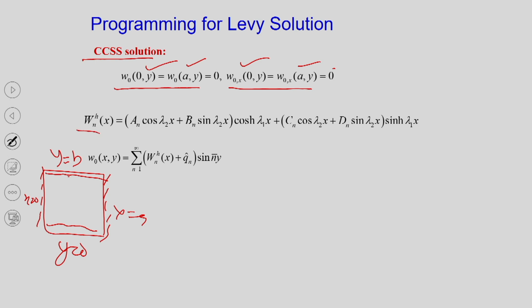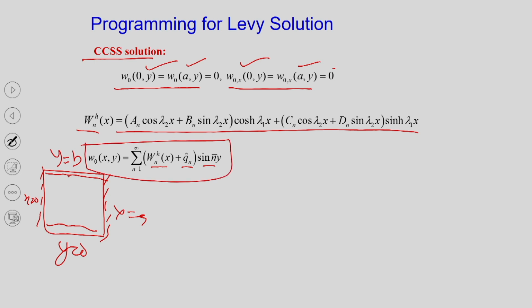And for your homogeneous solution, the most typical case is when it is a complex conjugate. For a real system it is very simple, but when our roots are in complex conjugate form, then it is a difficult one. So for that case, the homogeneous solution can be written as this, and qn at sin n pi by. This is your final solution.